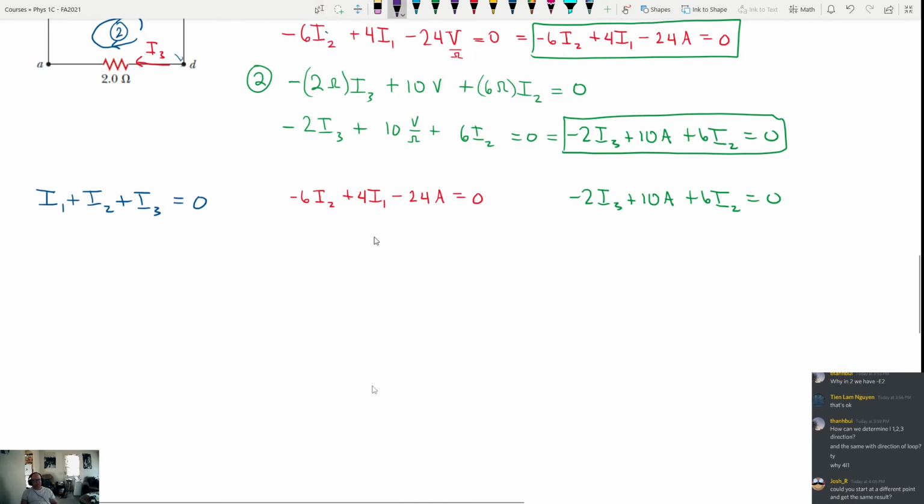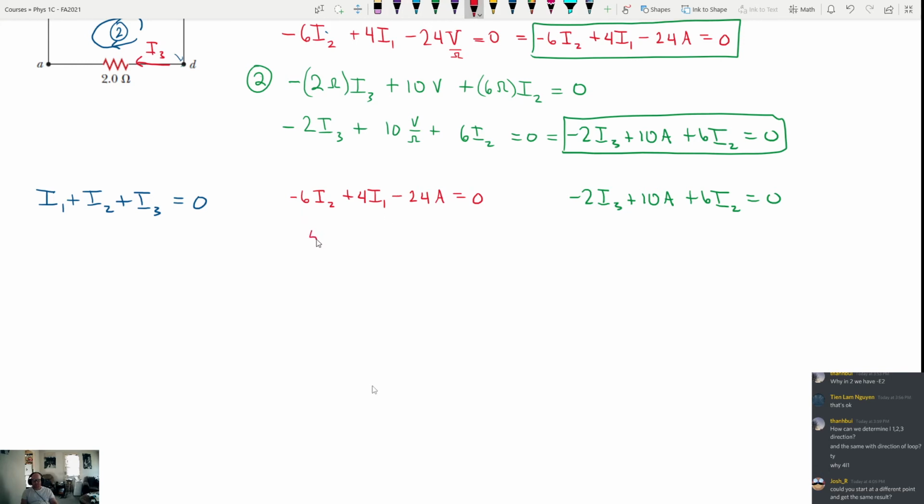And we can do that any way that we want to. What I notice here is that when I look at the second equation, it has I1 and I2. And this equation also has I2. So I2 is the one variable that shows up in every single equation. So I think what I want to do is eliminate all the other variables. So what I'll do is I'll solve this one for I1. So we're going to get something like,